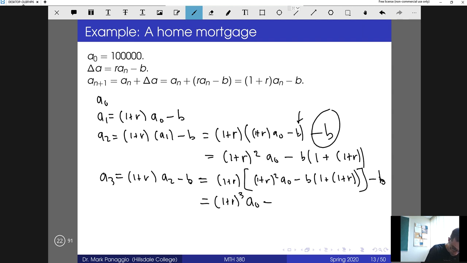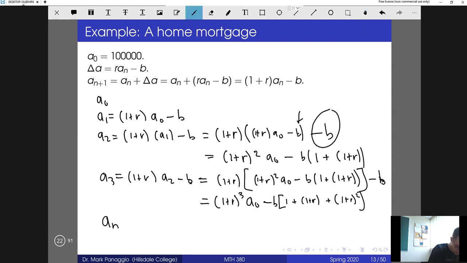And then if we look at the b terms, notice I'm going to have a term that's just a b, so b times 1. And then I'm going to have a b with 1 times 1 plus r, so there's a 1 plus r. And then I'm also going to have a b times 1 plus r times another 1 plus r, so 1 plus r squared. All right, and at this point you may start to see a pattern, so let's make a